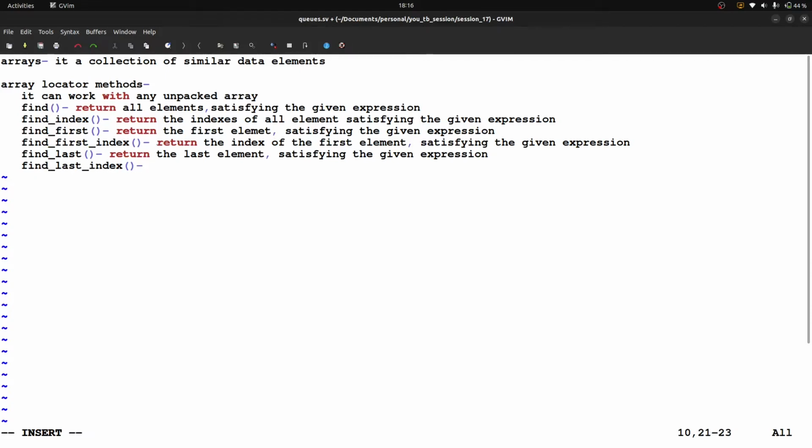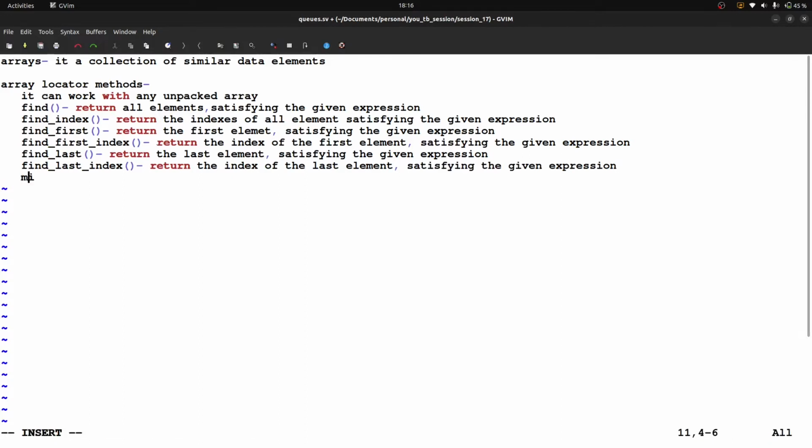It returns the index of the last element satisfying the given expression.